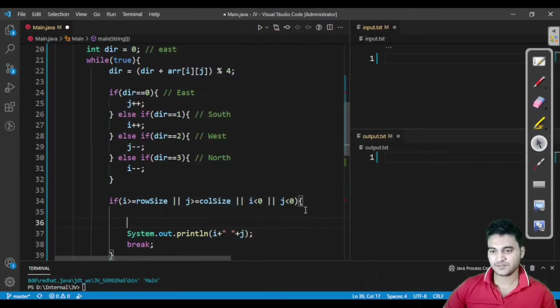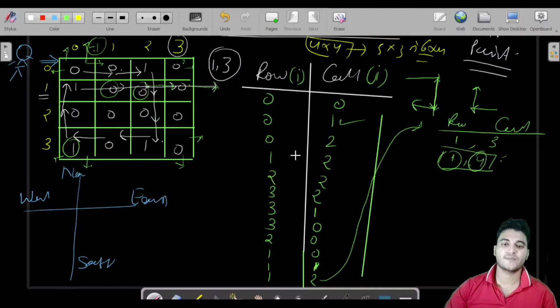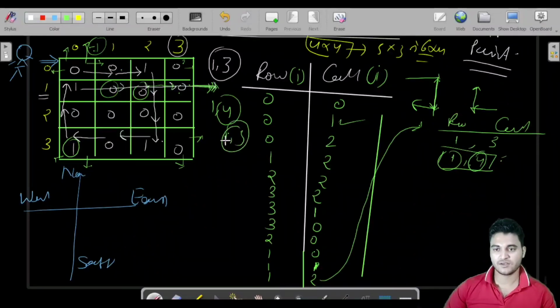But before printing i and j, if you look here, you have exited from here, and what was the value at this point after exiting? The value was 1 comma 4, because here the column was 3. Now we have moved forward one more step, so the column was 4. So you have to print 1 comma 3, the previous condition. Look at this very carefully, you have to print the previous condition. So for that you will have to decrease your column, so 1 comma 3.